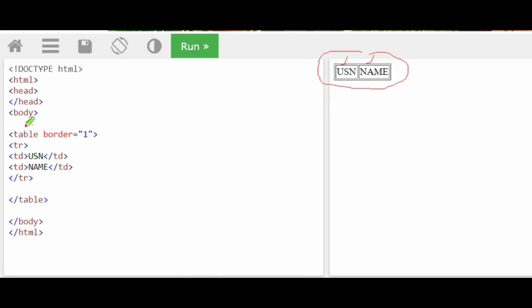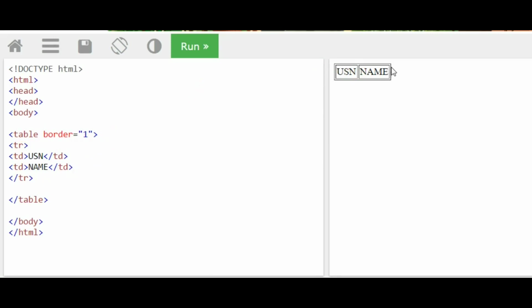That is what I have mentioned in the table tag, right? Within table, this is the entire table. There I have a row I have created. Inside the row I have mentioned two columns or data cells using td, table data cell. So this is the way of designing HTML table using table tag, then tr tag for creating one row, and inside tr tag we will mention td tags. So every td tag creates one cell in that row.